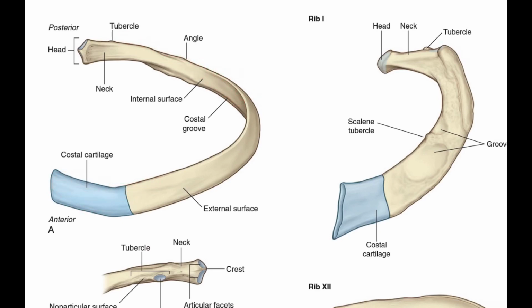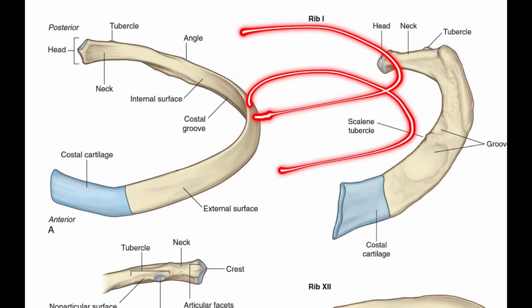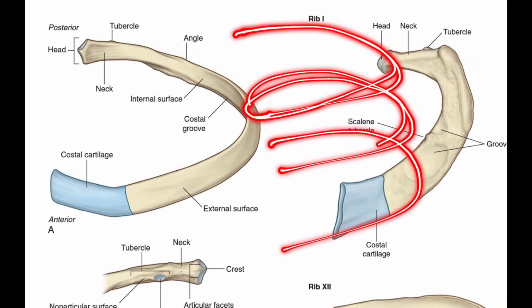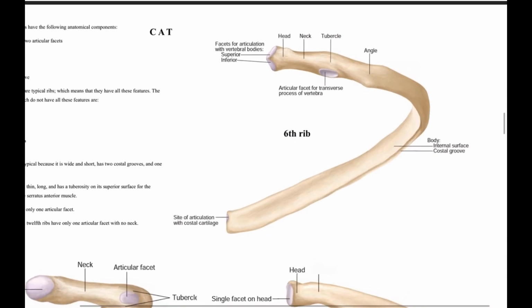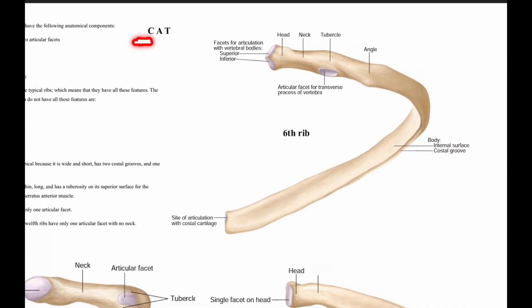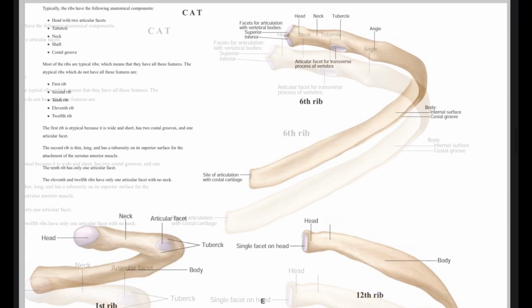Next, it is twisted so that the 2 ends of the ribs cannot touch the same horizontal plane. What do you mean by the word twisted? The ribs are located like this. The next rib is located like this. The next rib like this. It's in the twisted form. So the mnemonic for that is CAT. C-A-T. Here, C stands for curve, A stands for angle, T for twist. So these are the most important 3 characteristic features of a typical rib.